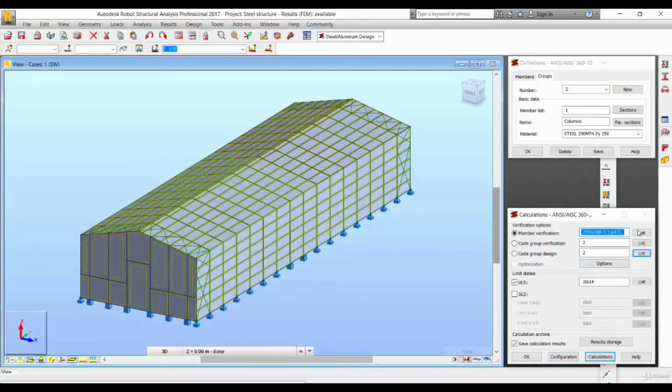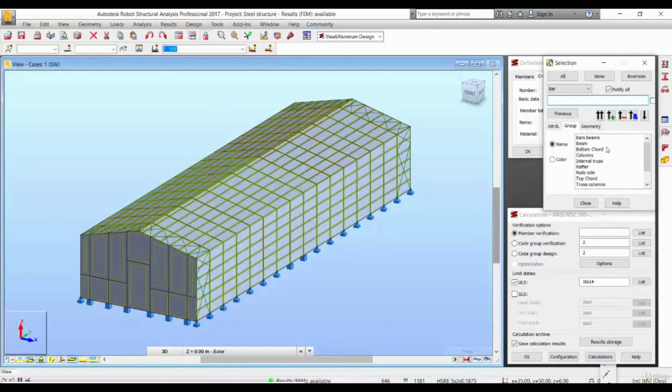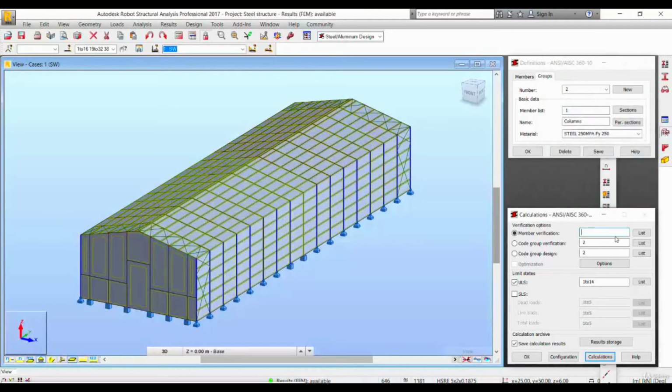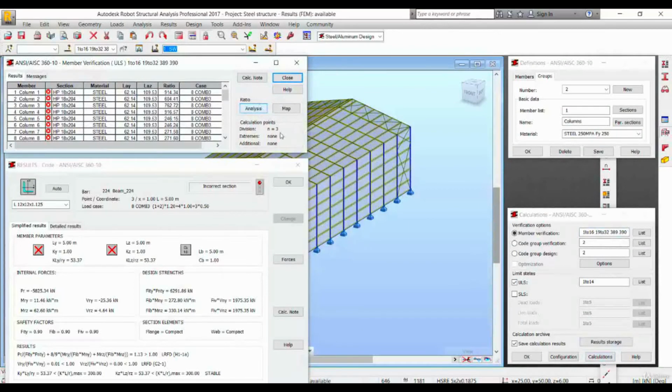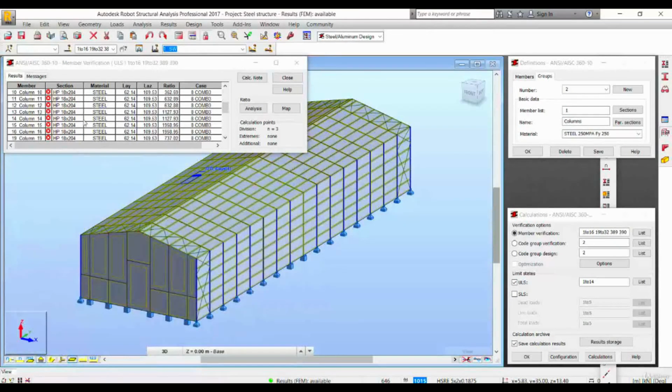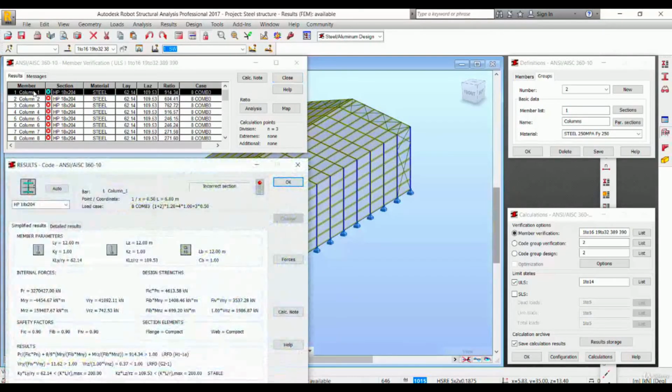Here we delete and we go to here, groups, columns, Ctrl C, we put some here and we press calculate. Okay. Now also the same thing, the robot, for example, for these columns